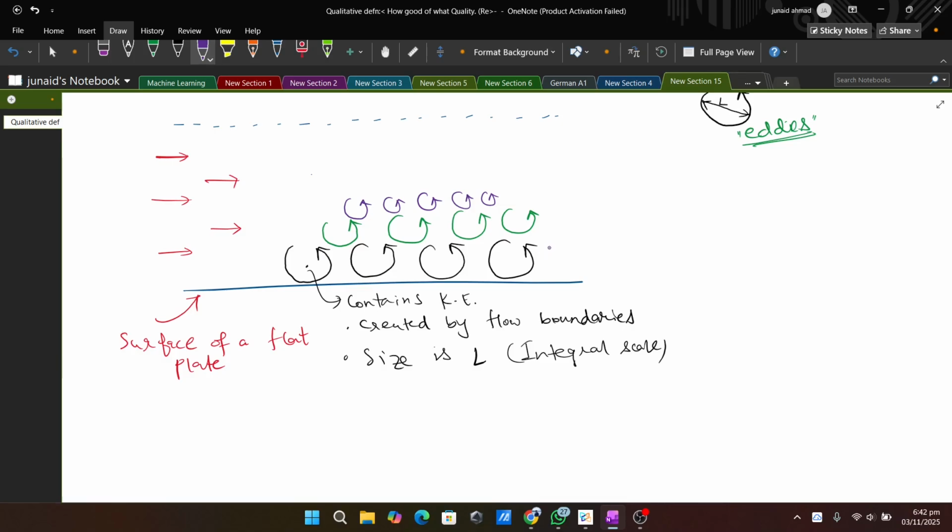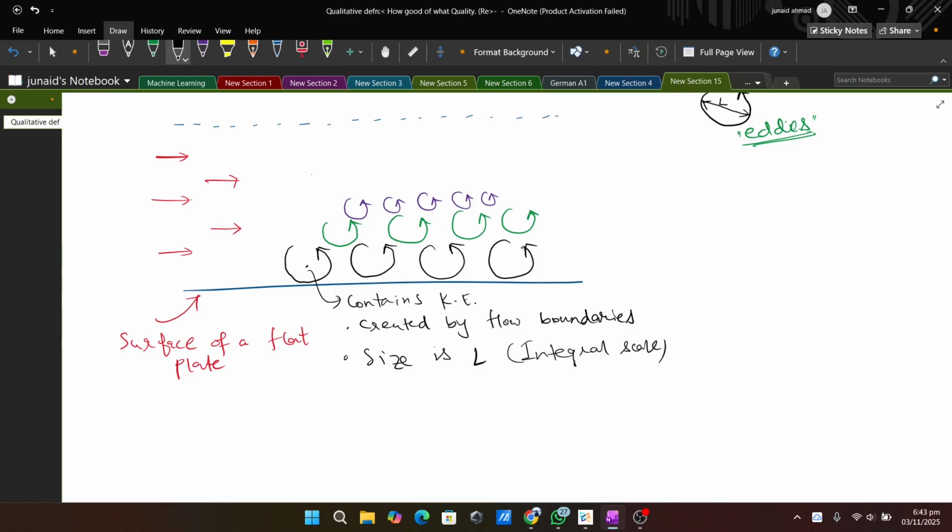As you know, the center of the pipe will have the highest velocity, right? And along the surface of the flat plate, the velocity is very minimum. We know that from mechanics already. All right, and now let's take a look at this. It's quite interesting to see. We are going to now define those things.